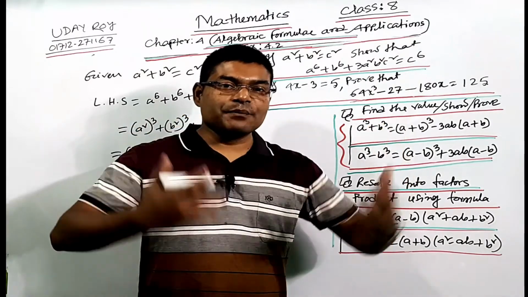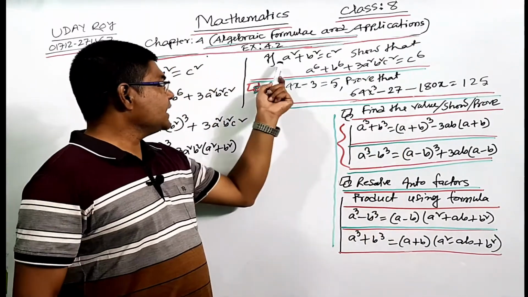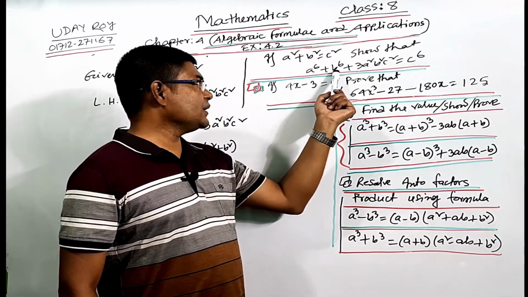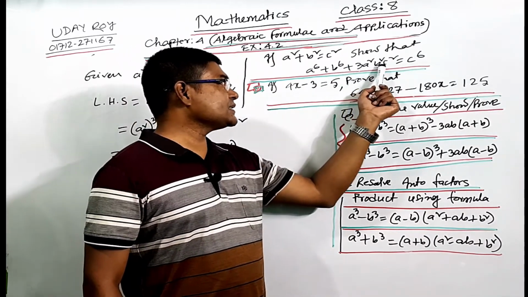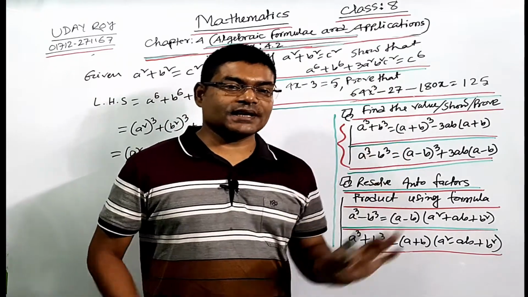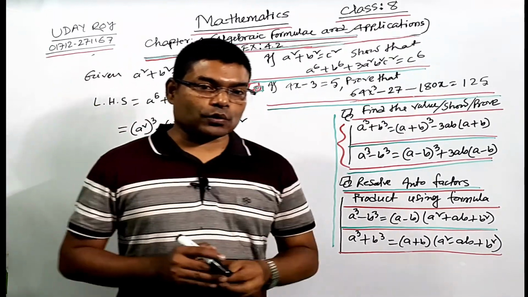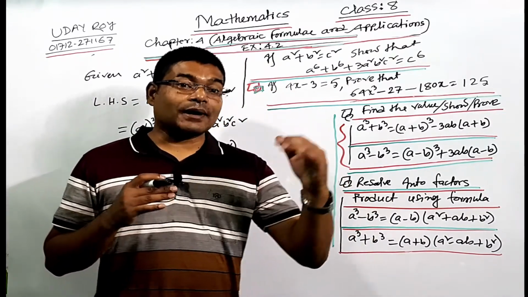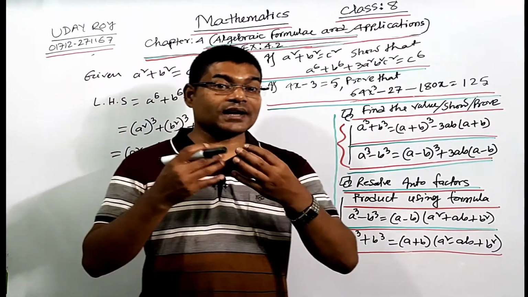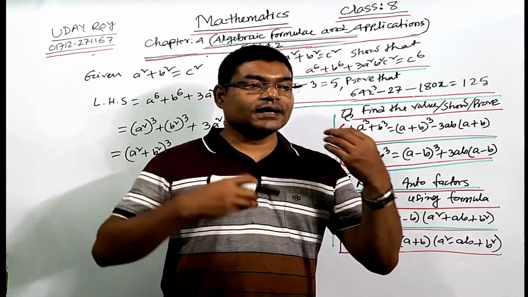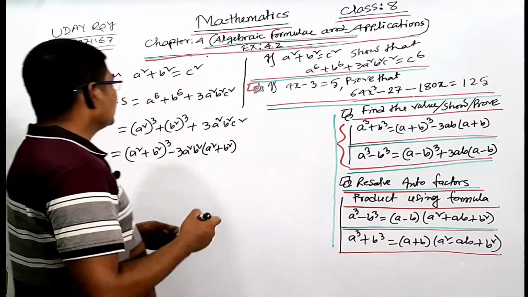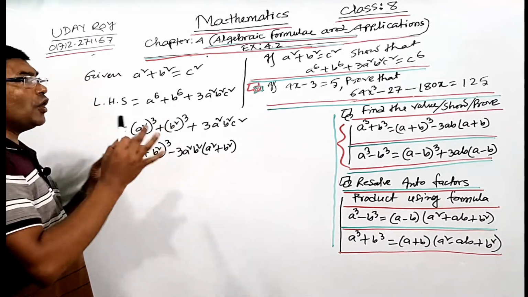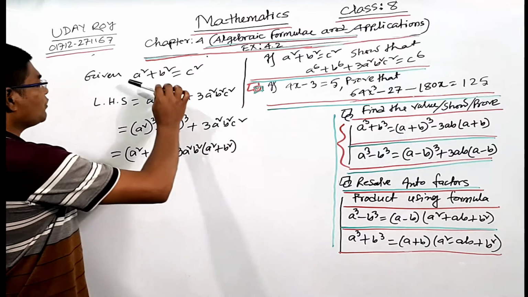This is also important maths. You can see here a square plus b square equals c square. So a to the power 6, b to the power 6, plus 3 a square b square c square equals c to the power 6. If you see 4, you have to convert the maths into square. But if you see 6, you have to try to convert into cube. So here is 6, here is 6. Convert into square, or an easy way, you have to follow the given part.